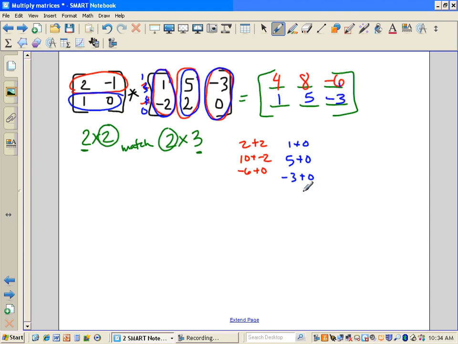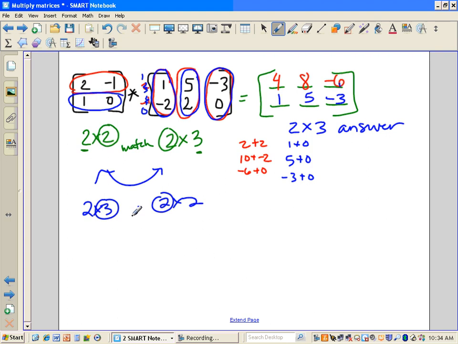Okay? So remember, inner dimensions must match. Outer dimensions give us our answer. This is the 2 by 3 answer matrix. The order matters that you multiply them in. This 2 by 2 times a 2 by 3 matrix works, but if I flip-flop these and tried to do 2 by 3 times a 2 by 2, in this case we couldn't even do it. Okay, it's not that we'd even get a different answer, but we couldn't even do it